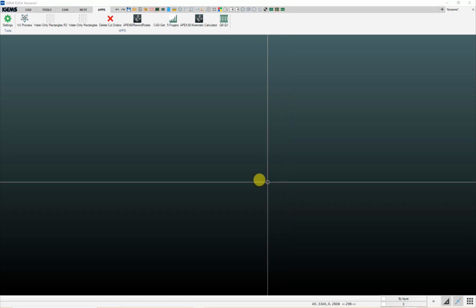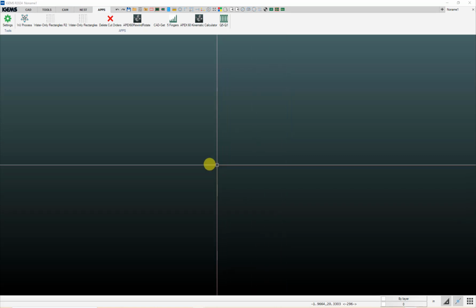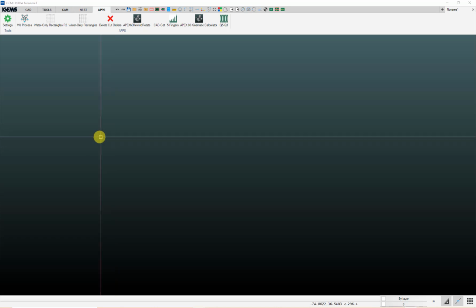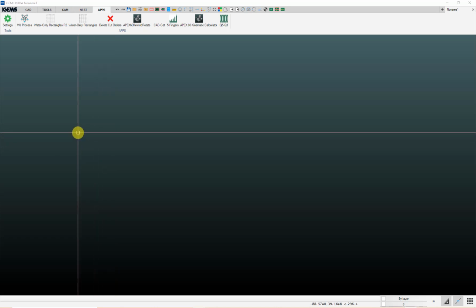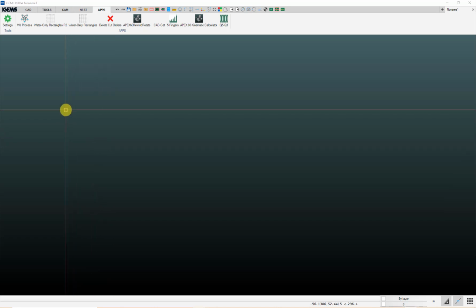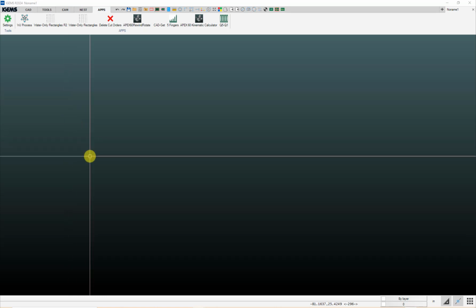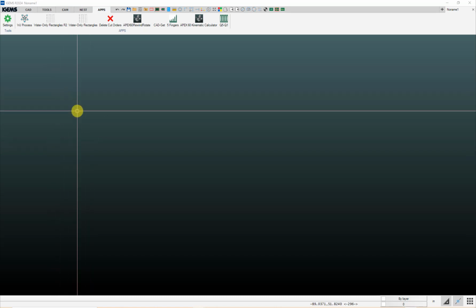So I've made what I hope is a bit of an update to the Water Only Rectangles app that I posted about a week or so ago. Actually, I fixed one bug that was in that video, where when I was trying to add the toolpath on the part on the left, the toolpath while it was there wasn't really showing up, so I fixed that,